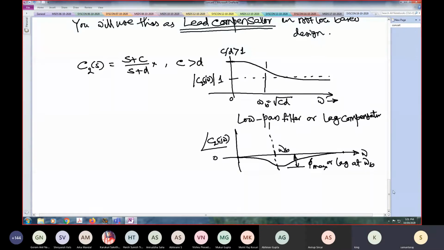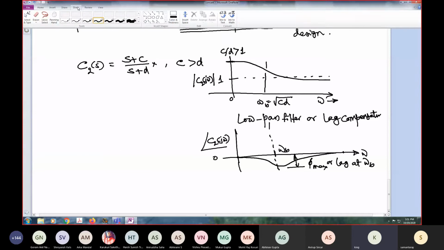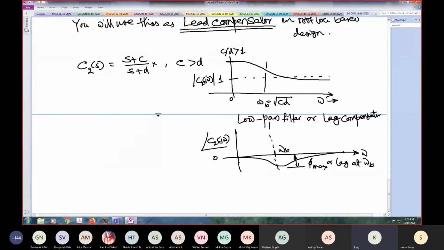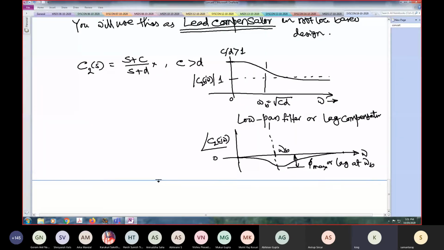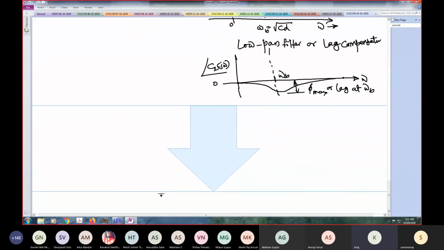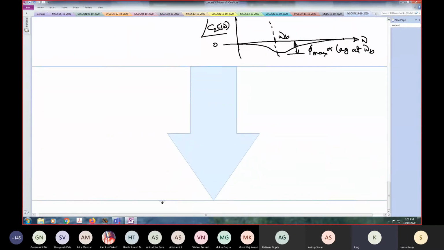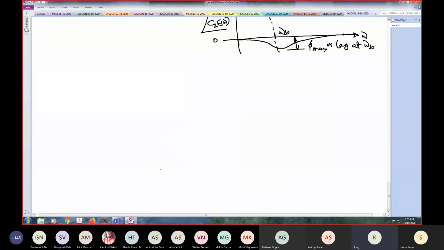Just one point that I want to make here. One of the reasons why we use compensators is that you have used proportional control, probably integral and differential. In real life, the components that you will get are closer to these kinds of compensators rather than ideal proportional, integral or differential elements. That is one of the reasons. Okay, thank you, Kingshuk.